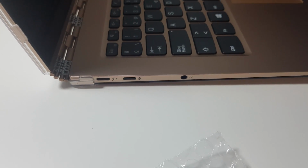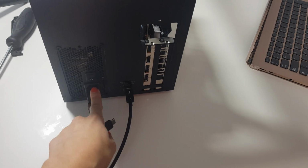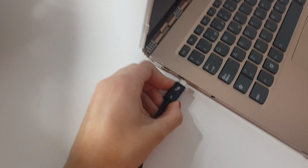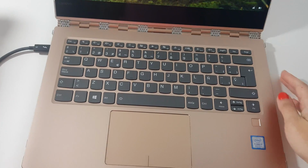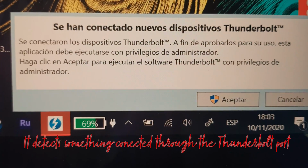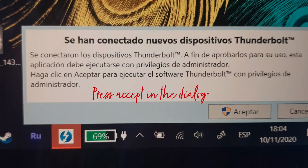Okay, so yeah, let's see. I connected first the eGPU to the power supply, and now I need to connect the laptop to the Thunderbolt port here. Okay, and let's start it. I have new things connected by Thunderbolt. Great, and we can see it is charging. It is charging also through this